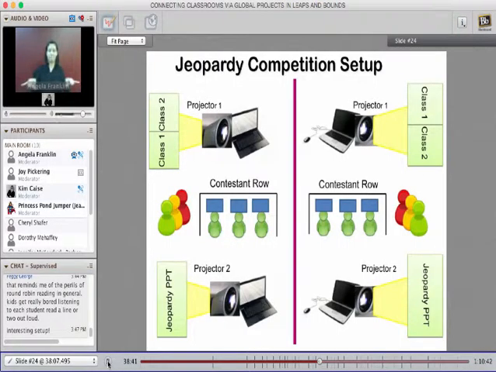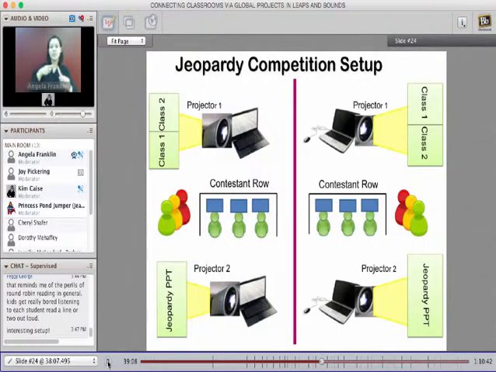And then we had a contestant row where 3 students would come down. This was from the math TAKS for 3rd grade. And the students would come down to the contestant row, and they would answer the question on a whiteboard and ring in a bell and show their answer to the camera. And the class that got the question right first is the one who got the point.